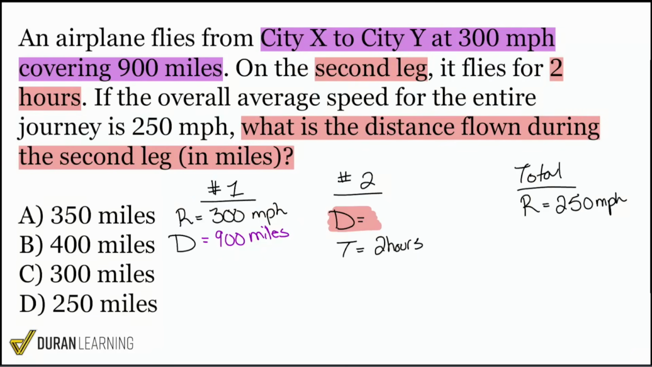All right, everybody, we have now written everything down. What we are looking for is the distance for the second leg. We have the time for the second leg, but we don't have the rate. So here's what we can do. We can do our best to use all this information to try to find that rate, because then we can get the